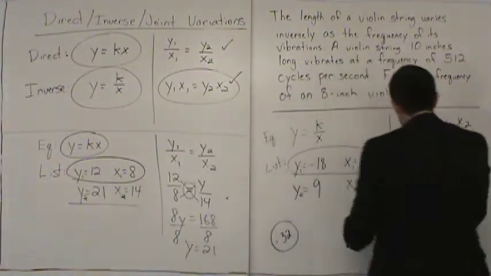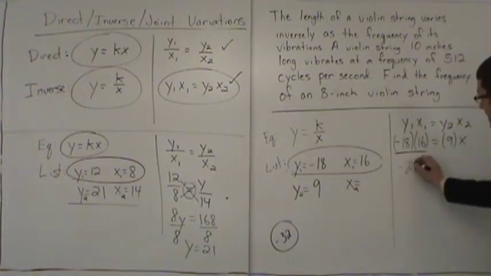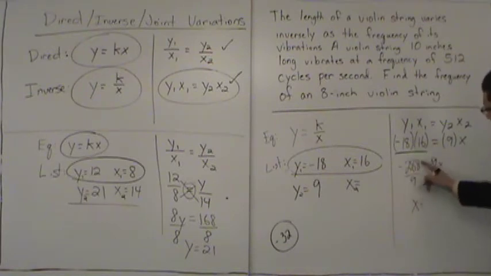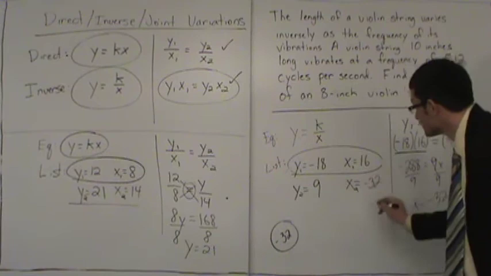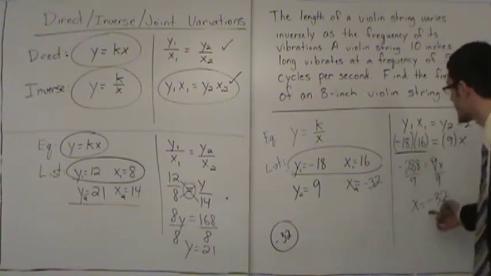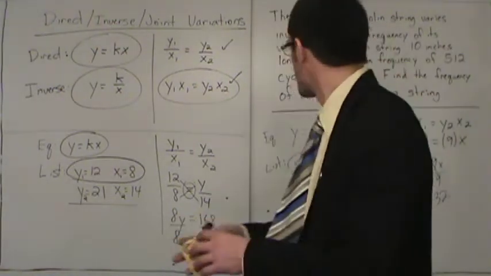Now, watch. Negative 18 times 16 is negative 288 equals 9x. Divide by 9, we're done. Look at that, so much faster. X equals what? I'm sorry. X equals negative 32. We got the same answer. Look how much less work that is. We didn't even have to write a list, really. This just gets an answer very